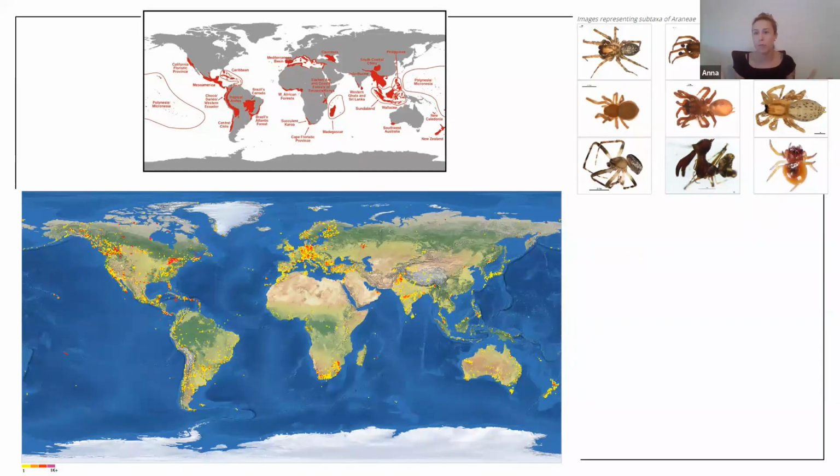And if we look more closely, obviously my interest being the spiders, we see this is a map from BOLD, from that database of barcodes. We see that many areas in terms of the biodiversity hotspots haven't been sampled whatsoever. So we have most of the records in this database from North America and from Europe, but for a lot of these regions in South America and Southeast Asia, we hardly have any records of spiders from those localities.